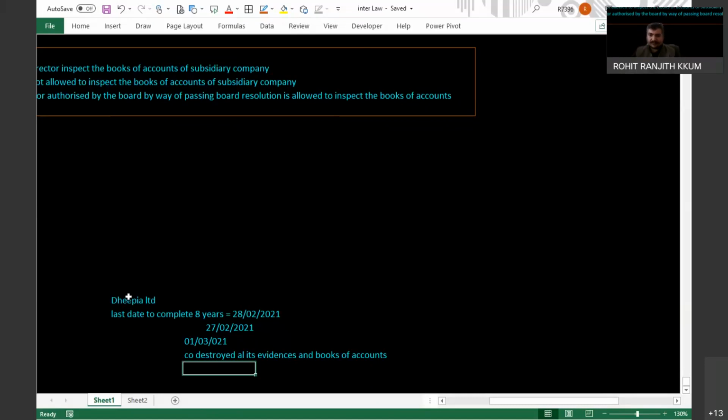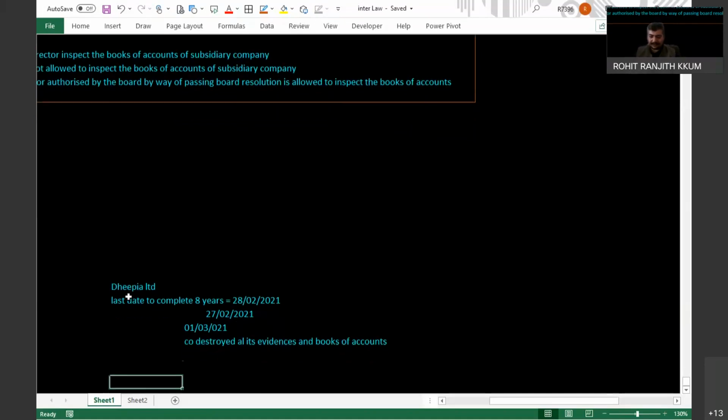So in the middle of the investigation, if your 8 years get over, is the company allowed to destroy the books of accounts or not? In the middle of investigation, so write down, guys, note it down. In case any investigation, any inquiry, or an inspection is conducted by the authority or government, then